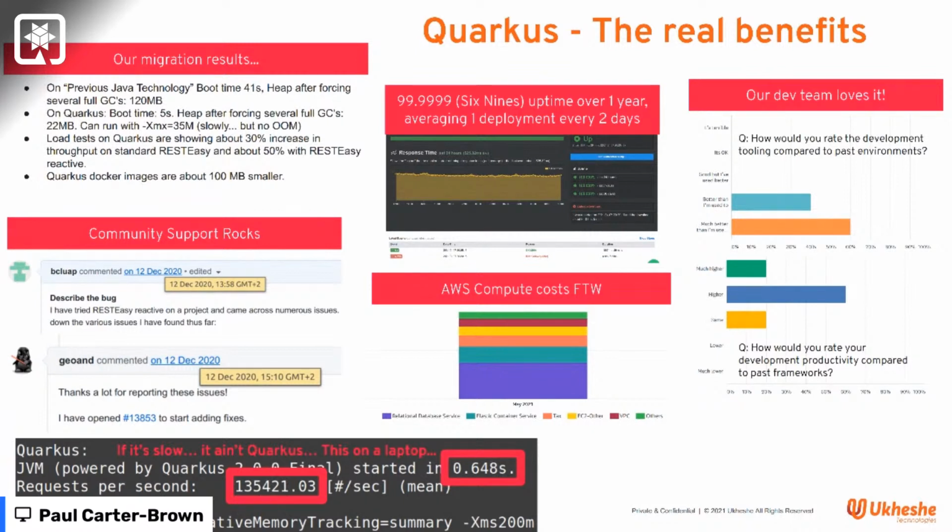Got it. Cool. And then compute costs, obviously from an AWS perspective, with Quarkus being lightweight, most of our spend is more around databases than compute. Yeah, so that one, can you? Unfortunately, on my screen, I'm not sure what's in the labels down there. Okay, so the purple down here is RDS, so that's relational databases. And then this is Elastic Container Services, which is really compute. So consider this to be compute, and that's tax. So our compute is almost the same as the amount of tax we pay